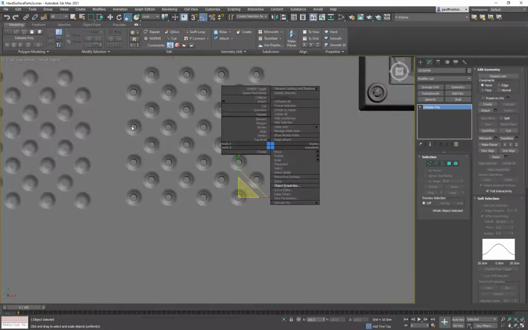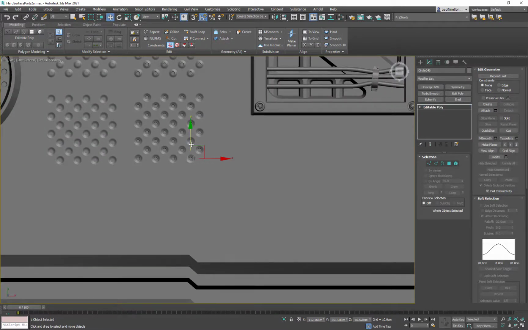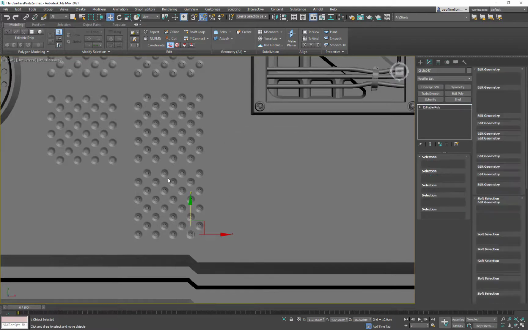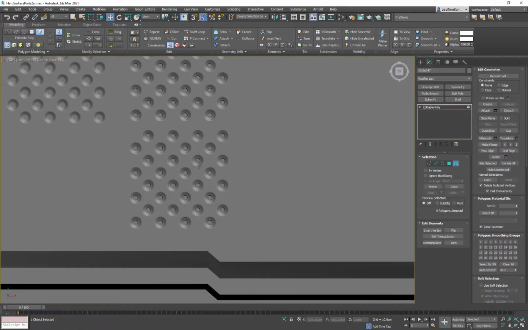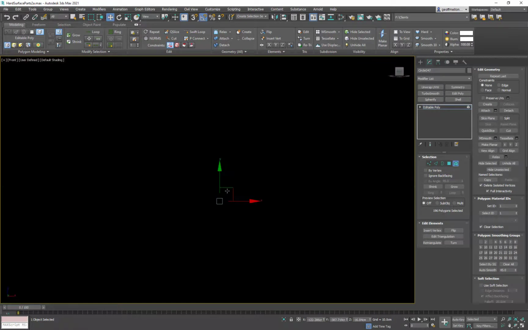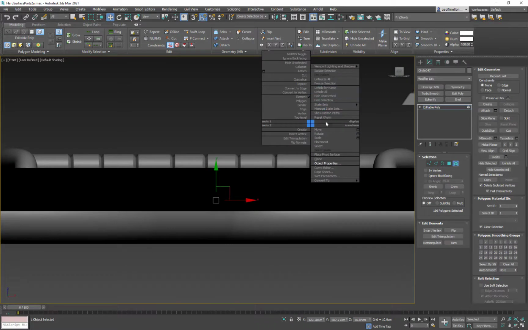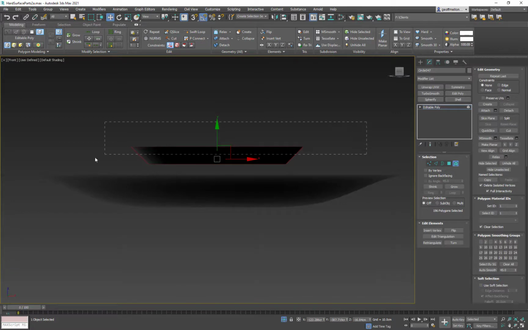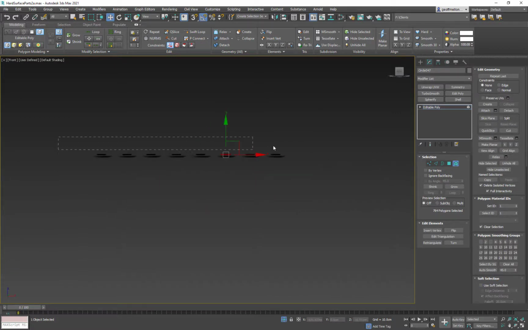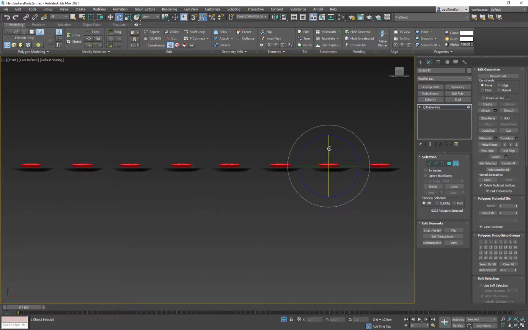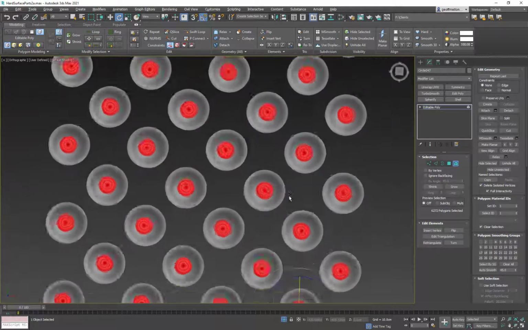Okay, so we can do one more. And just grab this set here, and we're going to invert it again. But this time we're going to invert from the front. Isolate. My fingers are fast today. Isolate selection. And then I'm going to grab all of these this time. Just like that. Rotate them 180 degrees. Like that. And then do that flip again. And now